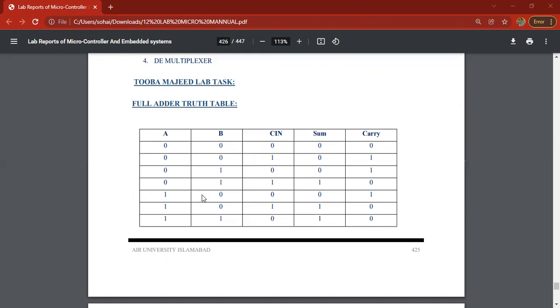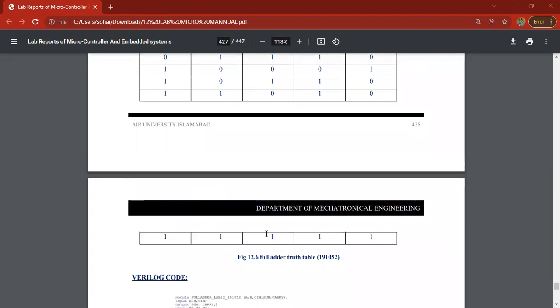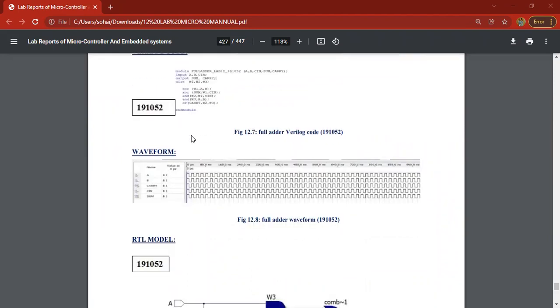Similarly, when A is 1, B is 0 and C in is 0, then sum is 1 and carry is 0. When A is 1, B is 0 and C in is 1, then sum is 0 and carry is 1. And when both are 1 and C in is 0, then sum is 0 and carry is 1. When all three are 1, then sum and carry will both be 1. And here is the